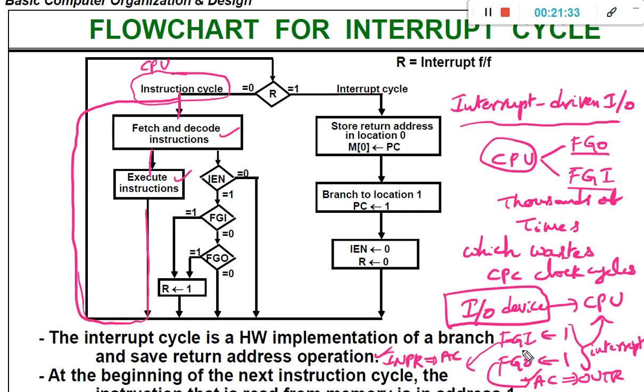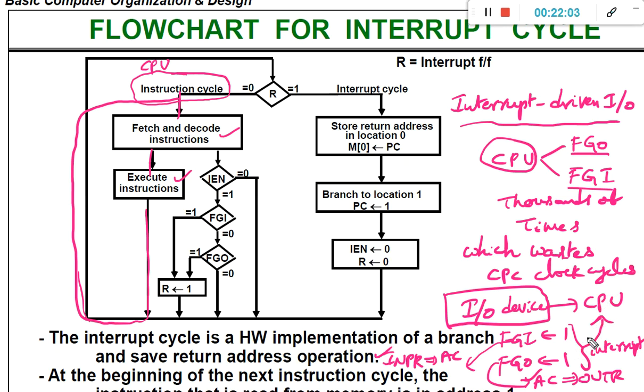So that is why, instead of the CPU checking the FGO as well as FGI flag values, the IO device is going to send an interrupt signal to the CPU whenever the FGO or FGI values become 1, using a special flag known as the interrupt flag.